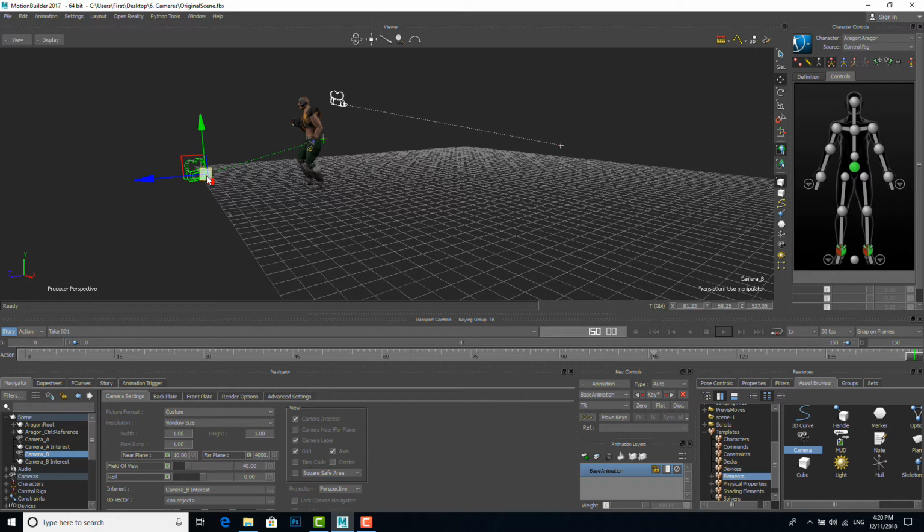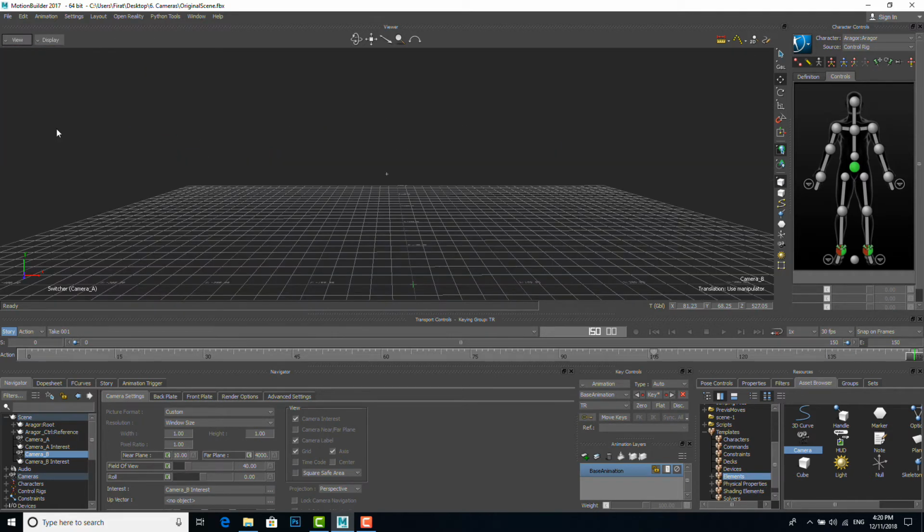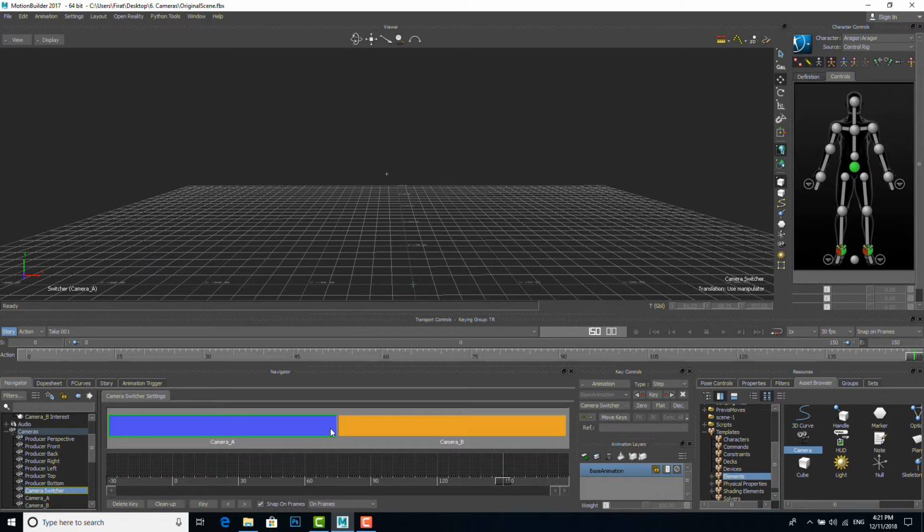To access those editing tools, you need to go to View and Camera Switcher. Once you do that, you need to come down to the Camera Switcher icon here under Cameras, Camera Switcher. So I'm going to double click on that. And then we get this little area here. We have camera A